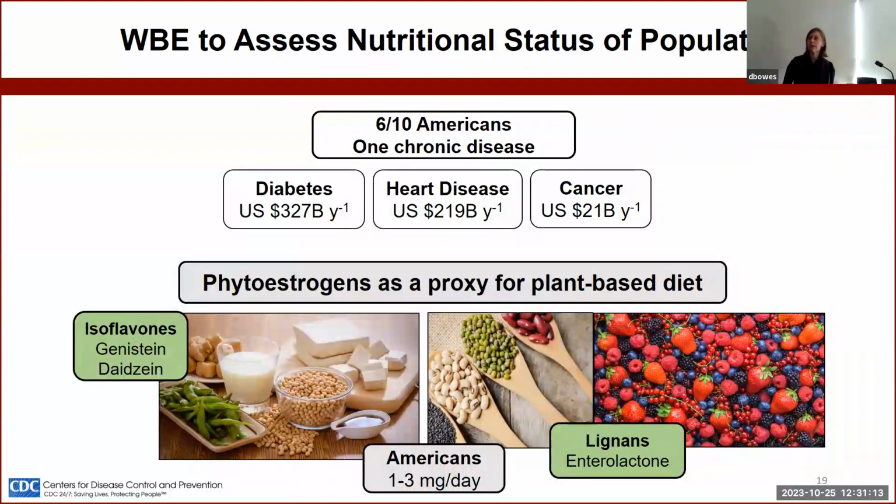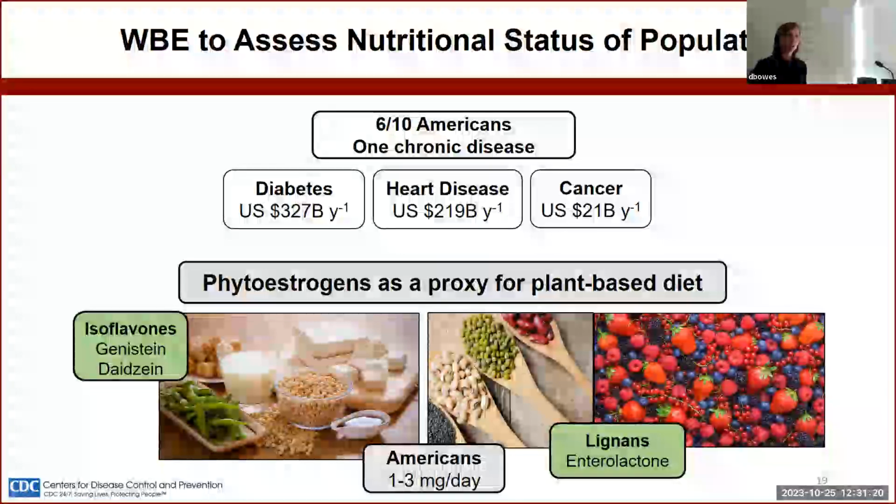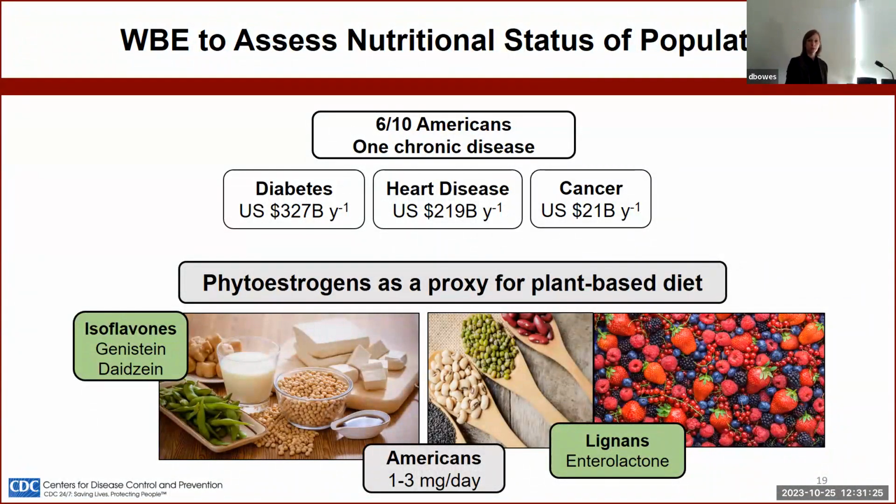So of course, something that's very near and dear to my heart is nutrition. So again, 6 in 10 Americans are suffering from at least one chronic disease. Typically, these are nutrition-related or lifestyle-related chronic diseases. So not only is this causing a lot of mental, physical, emotional burden, it's also greatly impacting our wallets. Significant financial burden and healthcare costs for diabetes, heart disease, and cancer, all of which are proven to be nutrition-related. So knowing that a plant-based diet can bring us some significant health benefits, so this is just eating more plants than animal-based products or meat,